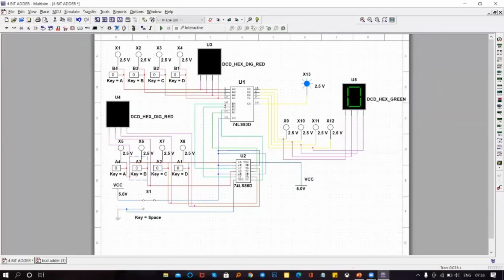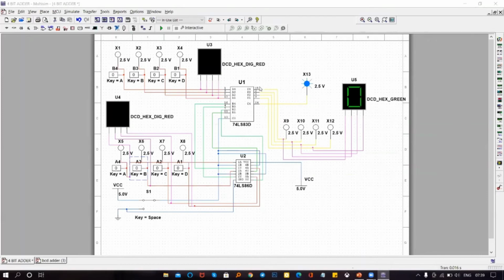Let's see them in detail in the Multisim software. So this is the circuit diagram for the 4-bit binary adder and subtractor. Here we have 4 inputs A and 4 inputs B, which are connected to IC 7483 and IC 7486.